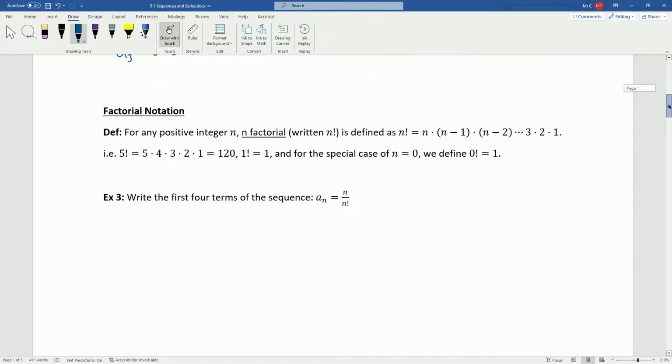Okay, so now we're going to move on to introduce a different notation here that we're going to use a whole lot. This notation comes up a lot in any sort of probability type problems. Like for example, if you ask yourself, I have 4 different objects and I want to decide how many ways